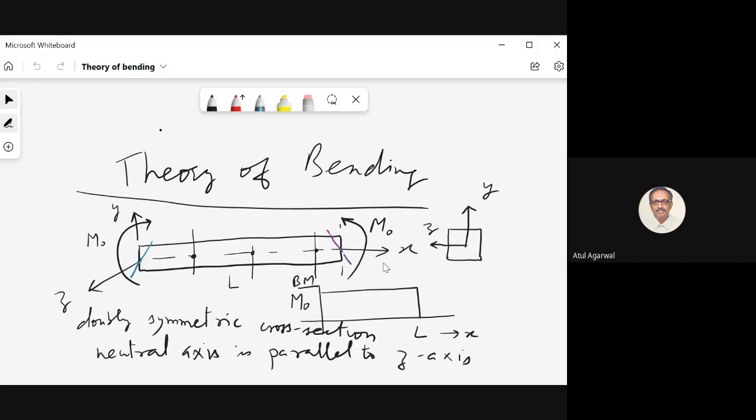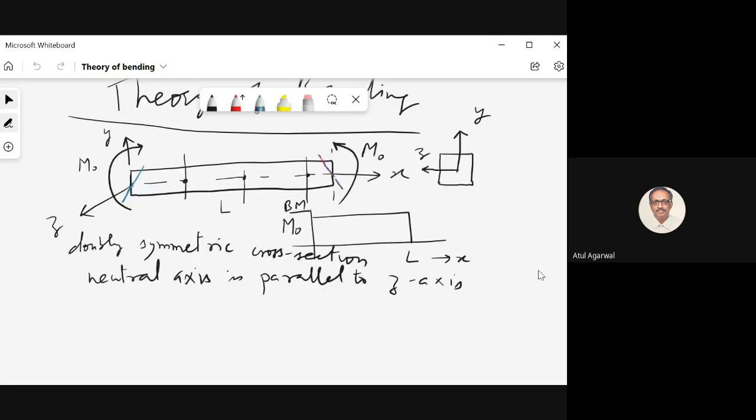You see this right face, your applied moment is counterclockwise, the area normal is positive, so it is a positive bending moment. So here I have shown at x is equal to L, the bending moment is M naught. Here you see on the left face, the applied moment is clockwise, but the area normal is also in the negative x direction. So two negatives make a positive, again it is a positive bending moment M naught at x is equal to 0. So I have shown you the bending moment distribution along the length, the same bending moment everywhere.